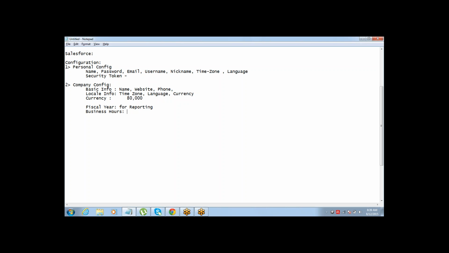Business hours is basically useful because it will help you to manage your escalations. How? In Salesforce, there is a tab called cases, which we saw the other day, which means customers can raise complaints. Now, when there is a customer complaint, there has to be a timeline within which you reply back to the customer, or within which it needs to be resolved. So Salesforce allows you to have that